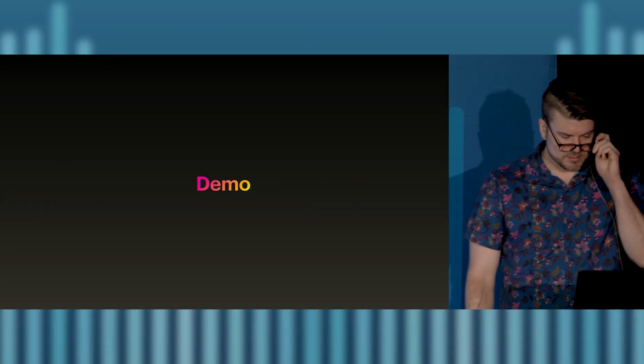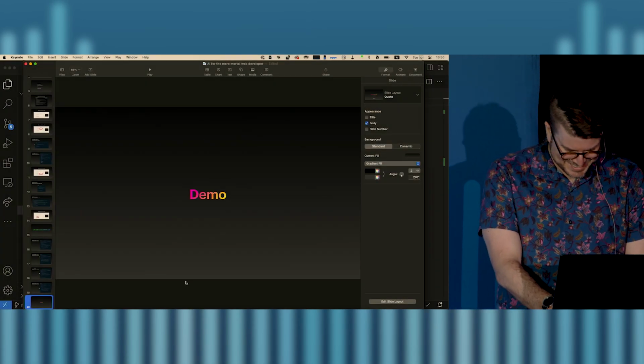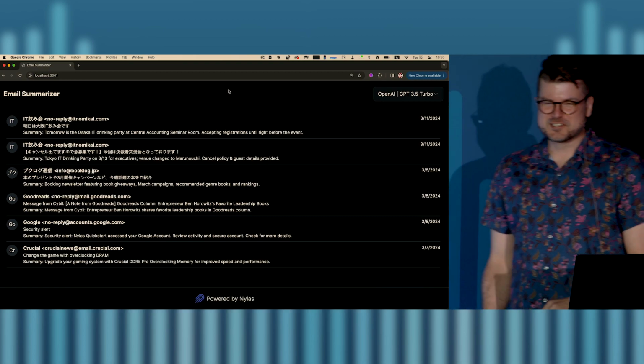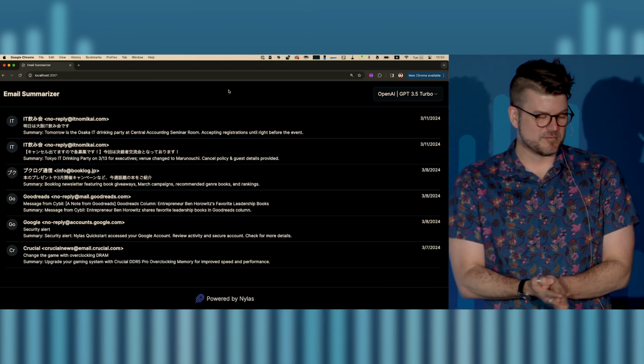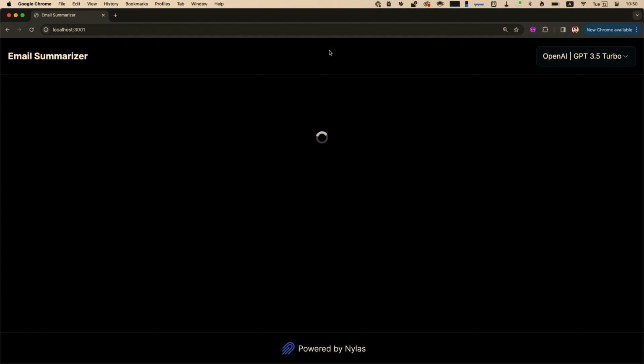So here we go. I'm going to do the thing that we all try to avoid, but I'm not that smart, so we're going to do it anyways. This is the application. It's running live on my laptop. If Wi-Fi works out, then what is going to happen when I refresh? You're going to see this pulling in real time from that email, and it may take a second. But GPT 3.5 is usually relatively fast. I do want to show you one that's even slower in just a second. But let's see. It may well die on my conference Wi-Fi.